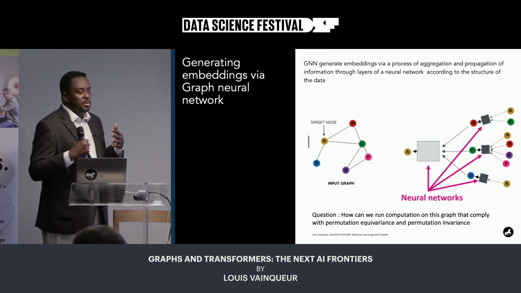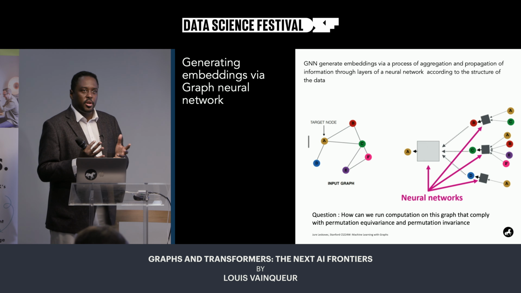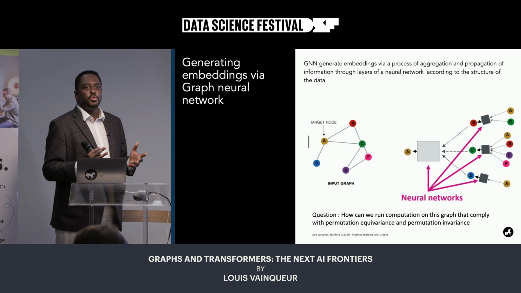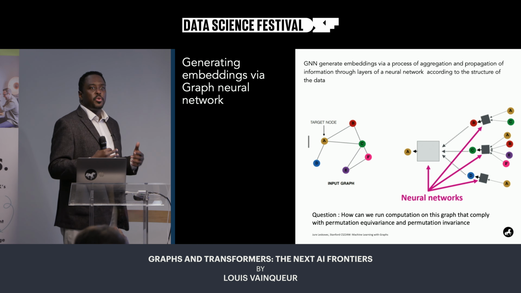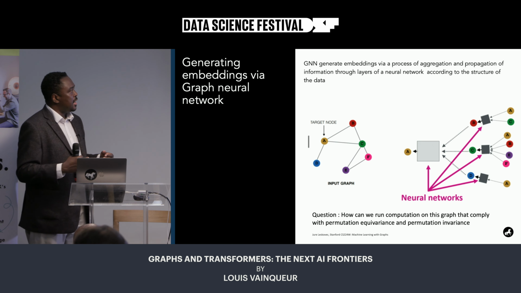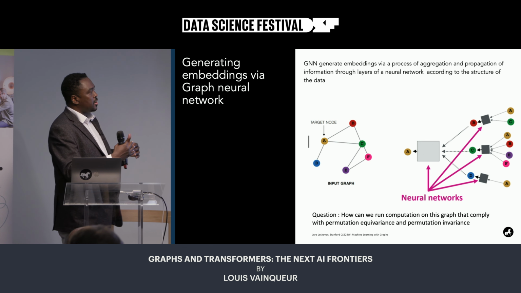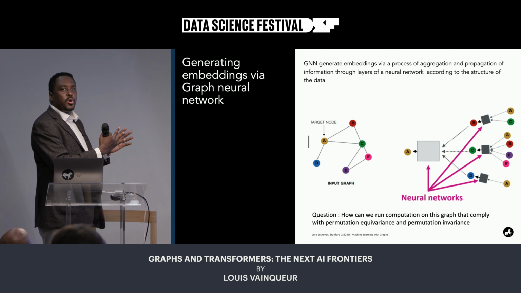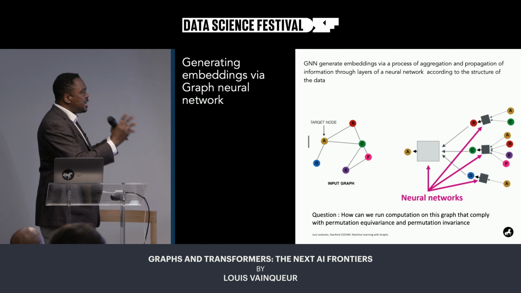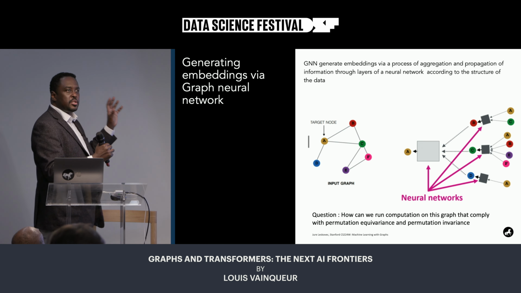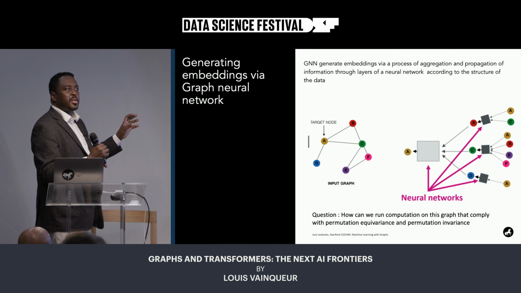Okay, so what graph neural networks are doing is effectively reusing the structure of the graph in order to compute features for each of the nodes. They start with features that you know, and then you have multi-layer neural networks that will aggregate the information for each node in order to deduce a good feature representation for that particular node.